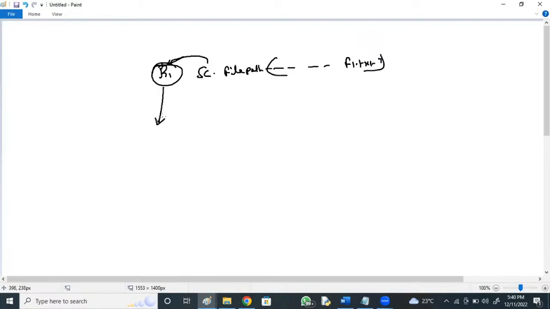if you perform any transformations, from R1, R2 gets created. How does R2 get created? R1 has got 10 lakh records. If you filter, you get some 6 lakh records. So R1 has got 10 lakh, R2 has got 6 lakh. From R1, R2 gets generated.